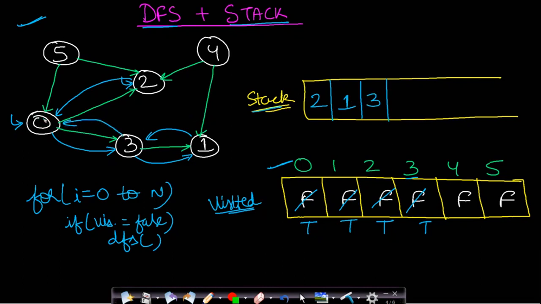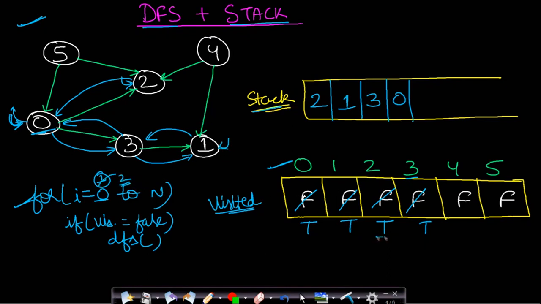Now when we reach node 0, all the two outgoing edges have been traversed, and therefore we will have to backtrack from 0. From 0 we will not backtrack to 5, because we made the call to this node 0 from the for loop. So we backtrack to this function, that is, to this for loop. And by the way, when we backtrack from node 0, we push it onto our stack. Now we traverse for I value equal to 1. For I equal to 1, you can see that 1 is already traversed. Now we try for I equal to 2.